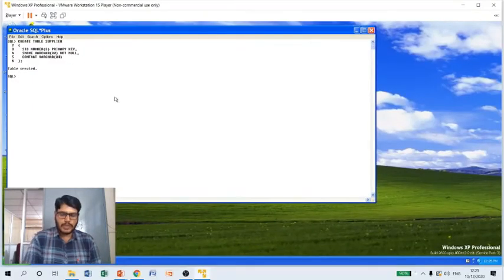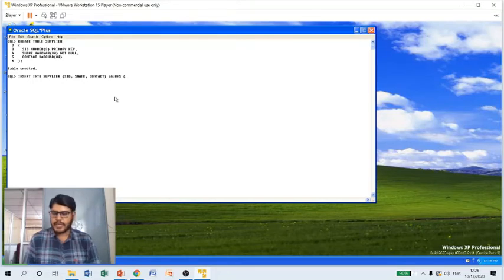Now let me try to insert the value here. Assume that I'm going to insert a value, first record into the supplier table. So for that, I'm going to execute the statement now, insert into supplier. After this, let me specify the column names, SID, SName, contact. For these columns, I'm going to include the values now. So for that, the values keyword we have to use, open the parenthesis, first SID. SID is accepting a number, so no need to include single quotations. Directly I can specify a value like 100, put a comma, because next I want to insert a supplier name.